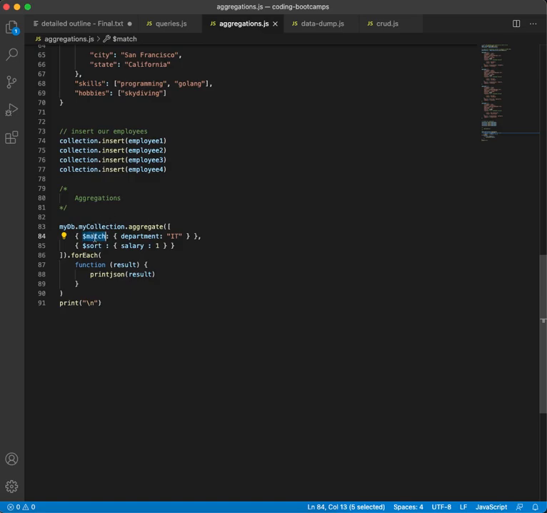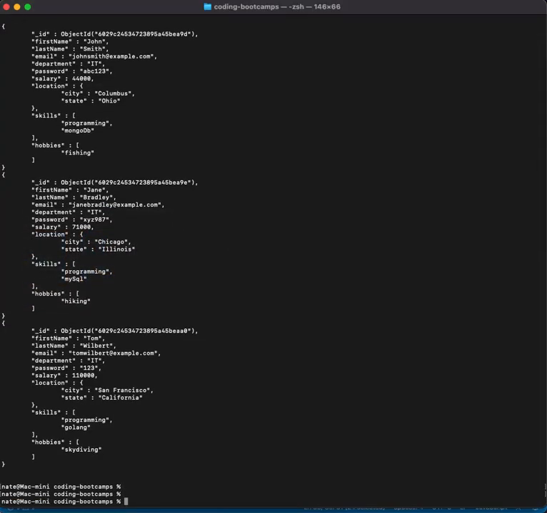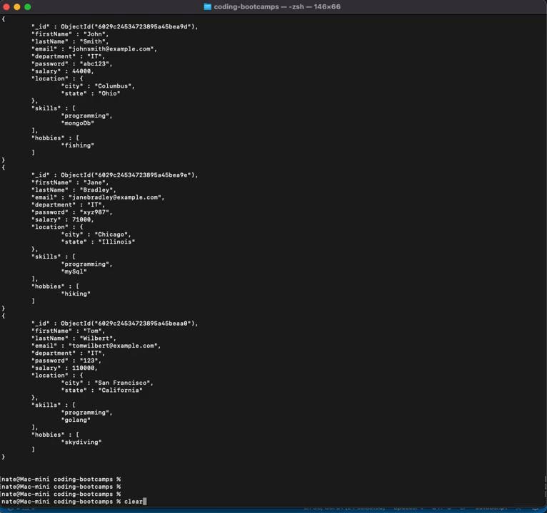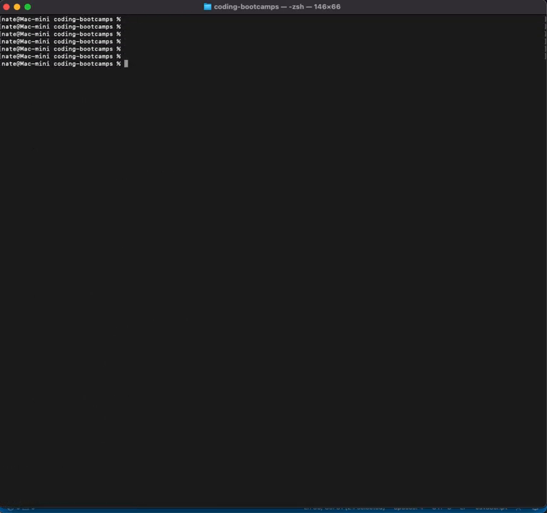So in this case we're going to use the match keyword, and we're just going to specify department IT, and then we're going to use sort, and just like in the last video, we're going to sort in ascending order on salary. So if we save this and go to our terminal and clear this data out,